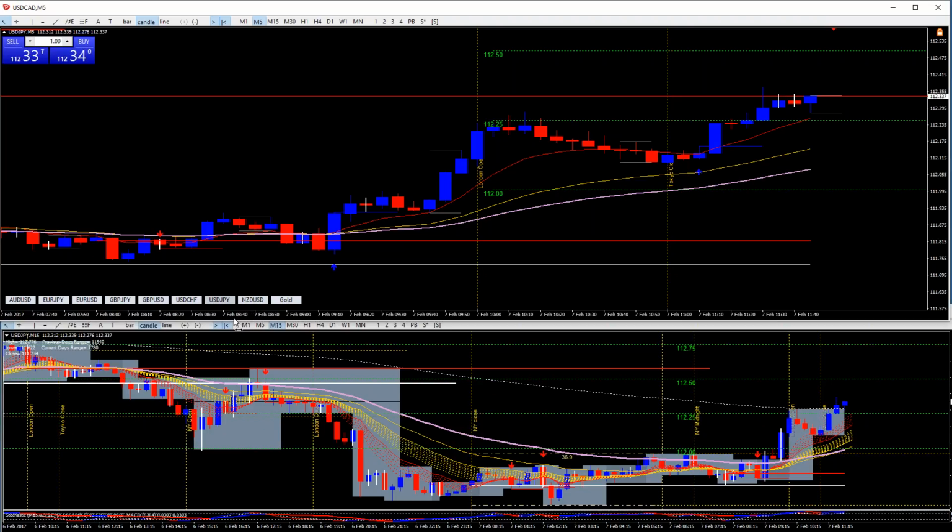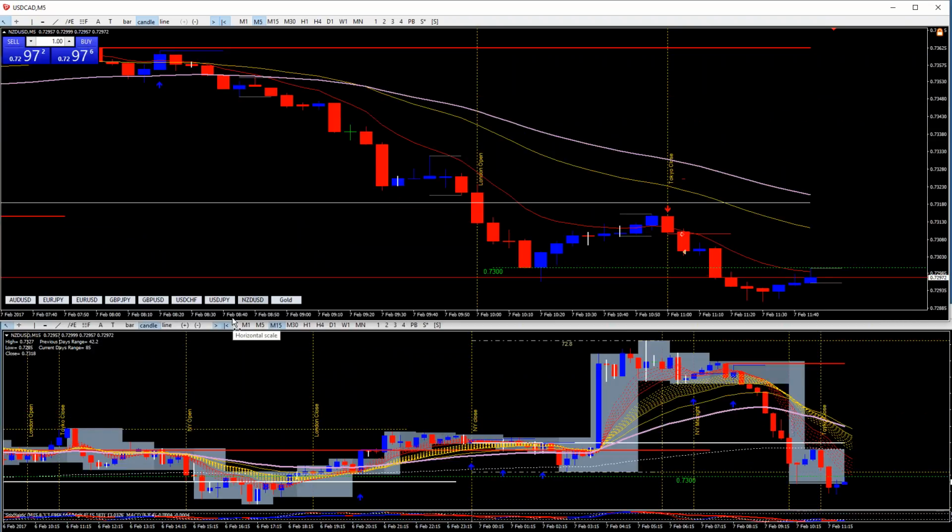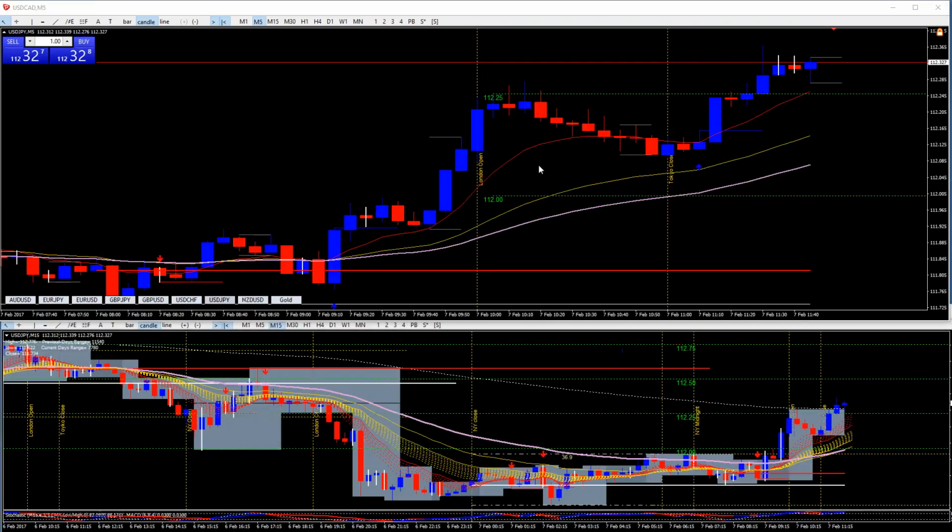Yeah, it's a double inside bar. A double inside bar is telling me there's a lot of consolidation going on. Nobody really has made a distinct direction, and the bulls are in charge on one and the bears are in charge on the other. So again, I'm looking at the 15-minute,